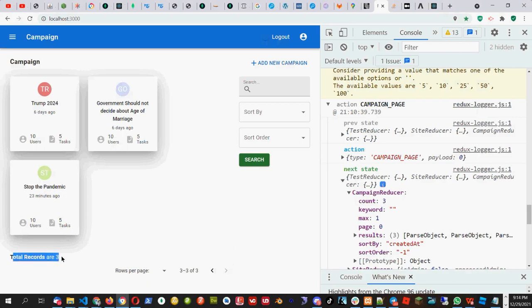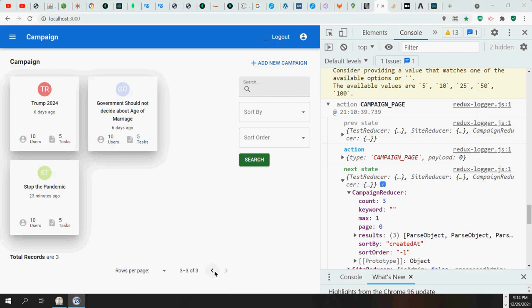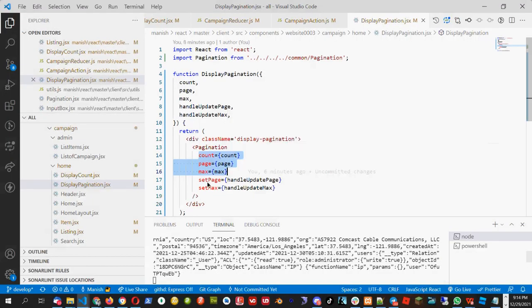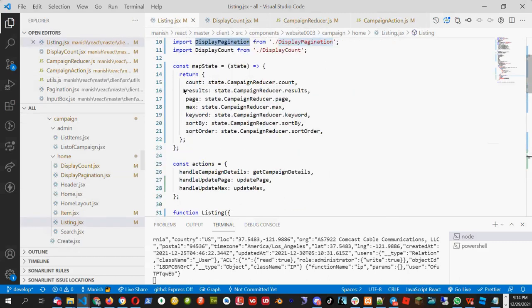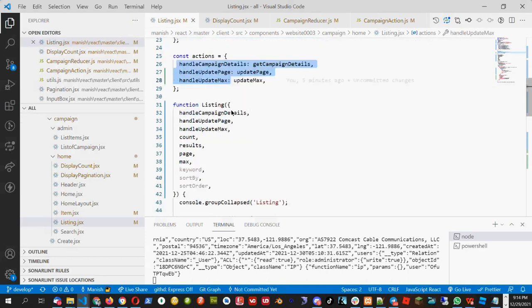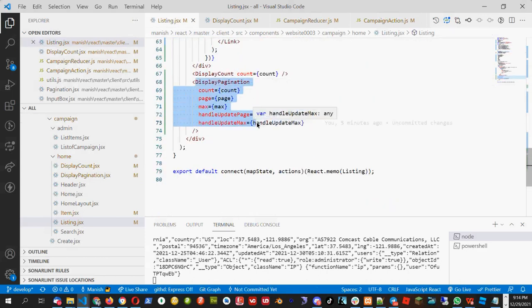Okay, so pagination and records are totally done. We can add a text box in the pagination and then it can go here. Or you can also have the URL with some pagination, then the user can directly change it in the URL also. Or you can put the text box also. The text box doesn't look good in this condition, so I haven't put it, but if you want a text box, you can put that also. So we are done with the display pagination. Pagination is simple. Just get this from the state variable, get this from the action, and pass it to the pagination component. That's it.